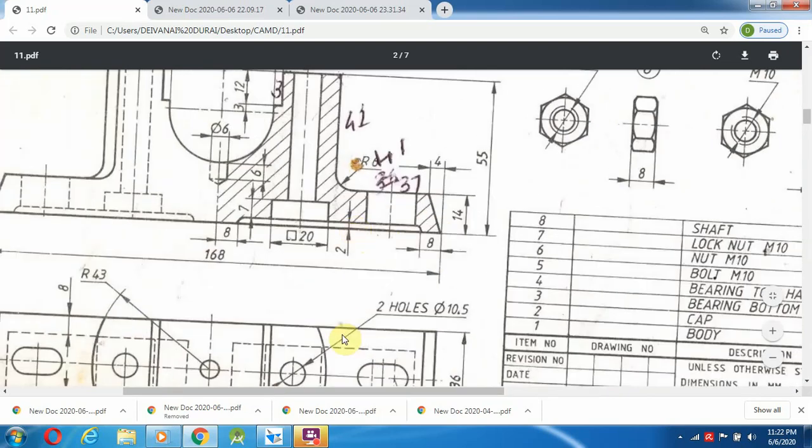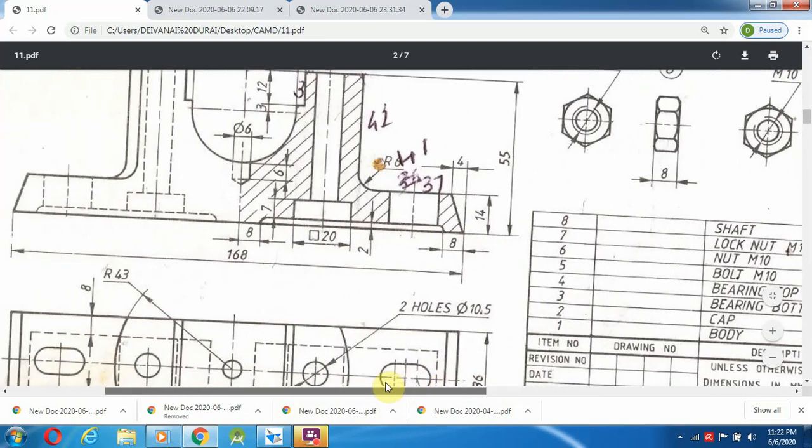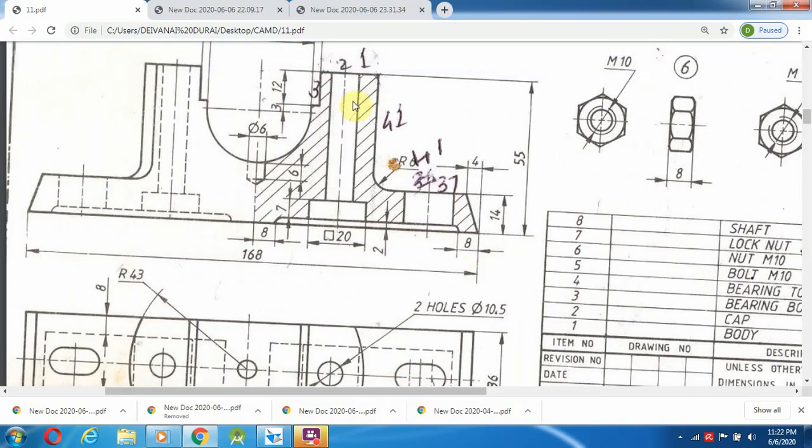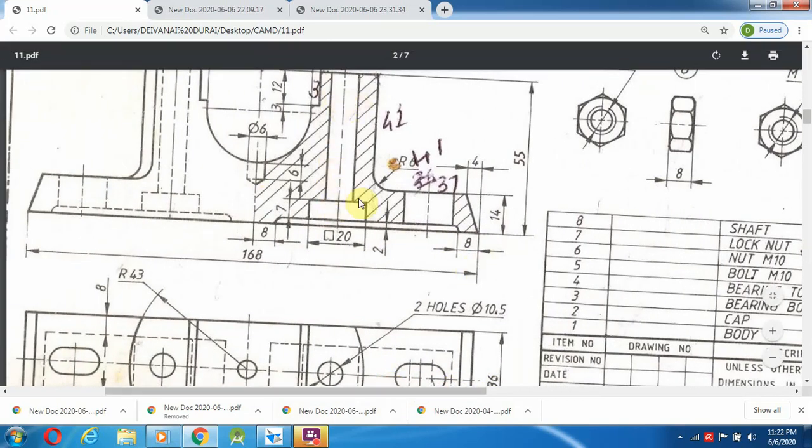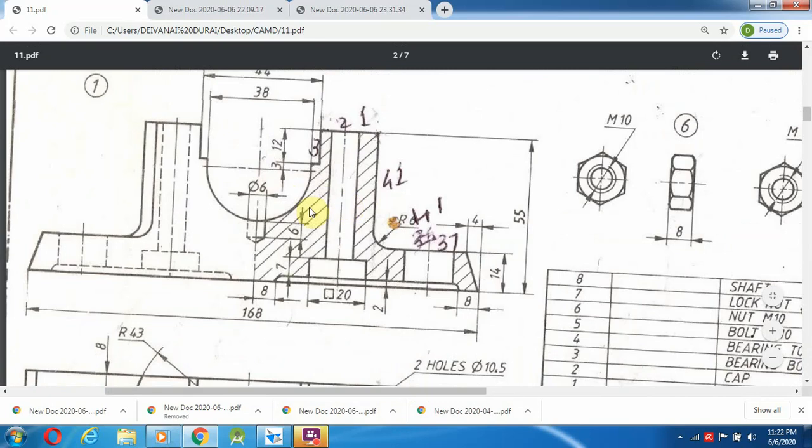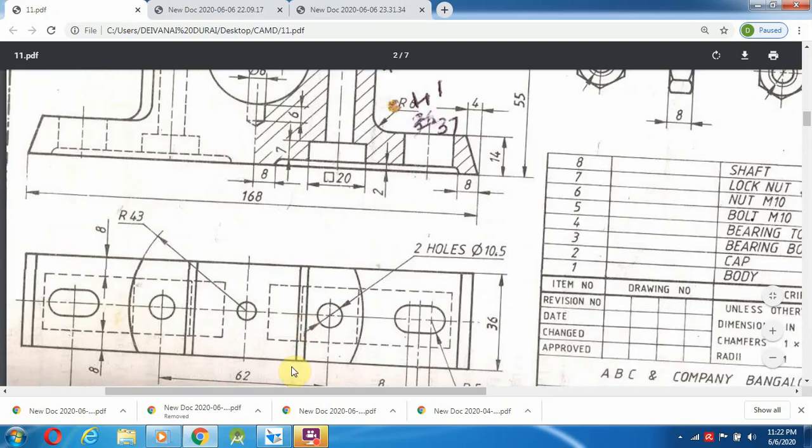In the previous one we drew the drawing as per the sectional parts, but here we can create the normal front view. After that we have to make the remaining things. So from these portions I have to create it.